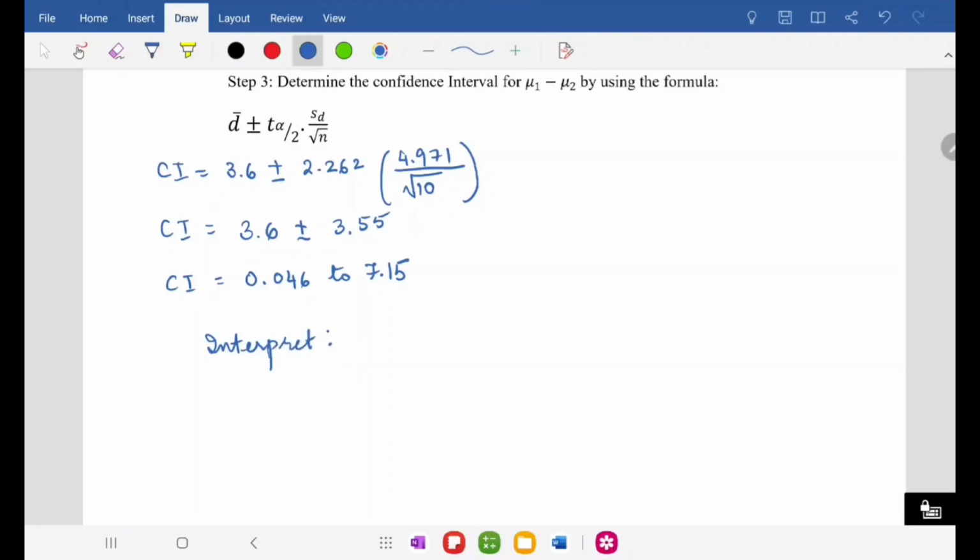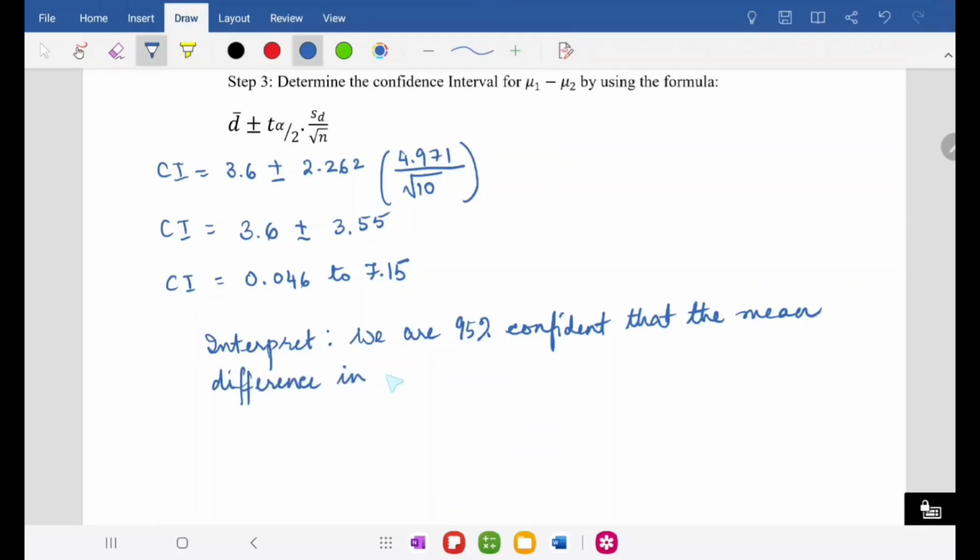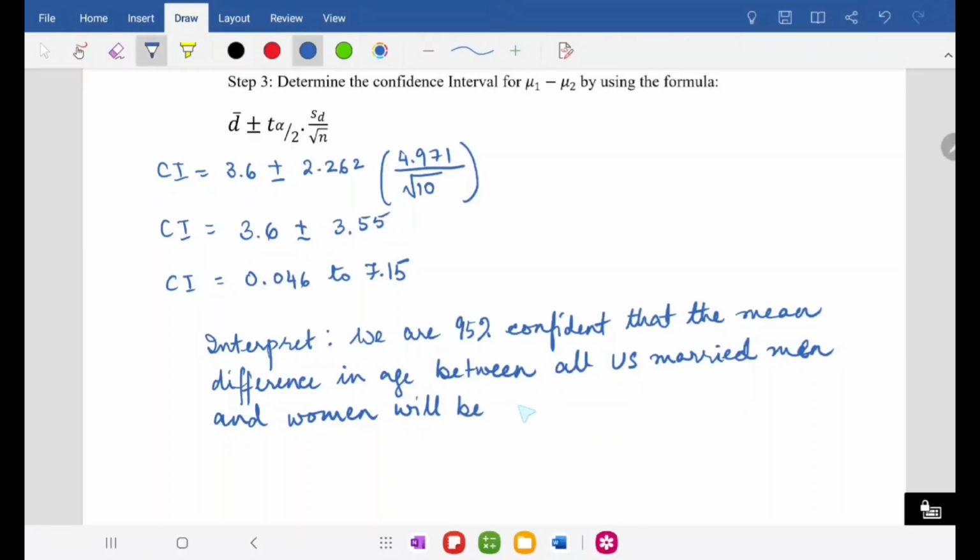For a confidence interval, you're going to start by saying we are 95% confident that the mean difference in age between all US married men and women will be contained in the interval, and then just state your interval. In the interval 0.046 to